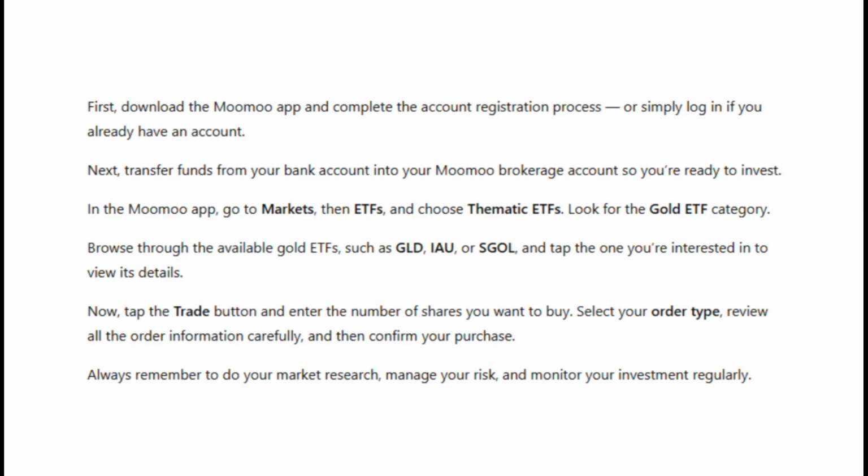In the Moomoo application, go to Market section, then select ETFs and choose Thematic ETFs. Here, look for the Gold ETF category. Browse through the available gold ETFs such as GLD, IAU, or SGOL and tap the one you are interested in